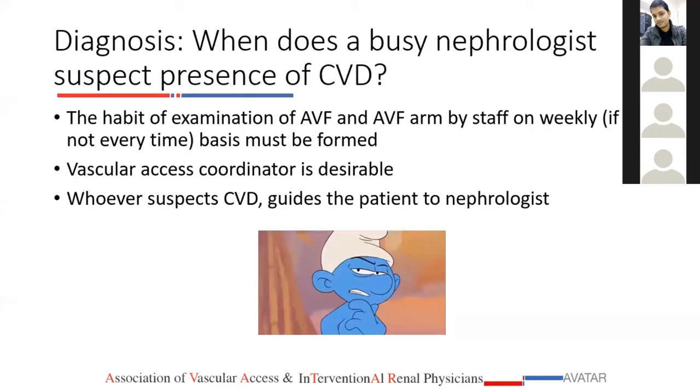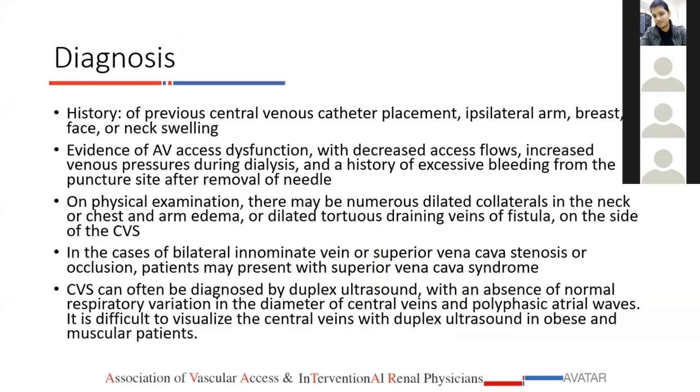So for a busy nephrologist, what should be done? One, it's a very good habit to have examination of the AV fistula arm by staff. So educate your staff. If they cannot do it on an everyday basis, every dialysis session, they should do it on a weekly basis. If you have a vascular access coordinator, it is good, but whoever suspects should refer to the nephrologist for appropriate intervention. Diagnosis is based on history and physical examination, and then if you suspect it further, you can suggest ultrasound,